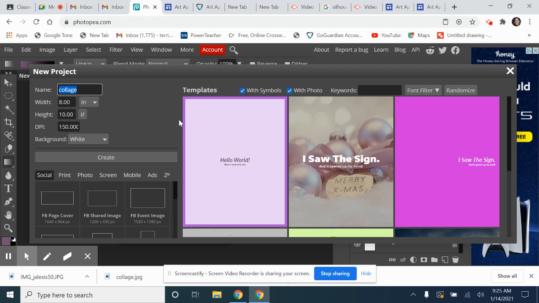Hey everyone, we are going to be making a kaleidoscope today. What you need to do is go into Photopea and create a new project. So open new project, and then in the name you can write kaleidoscope,